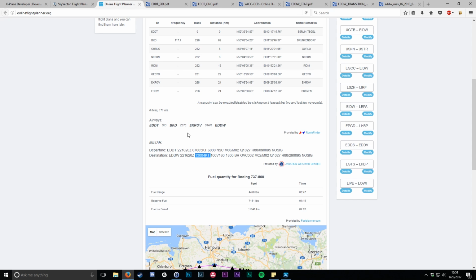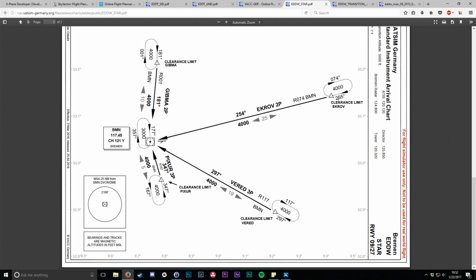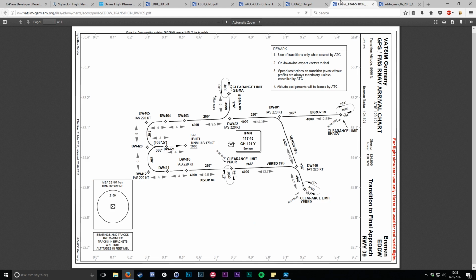Let's just make sure. Yeah, and this is basically the same that our online flying planner did. So yeah, that's pretty cool. So yeah, this is the way you do it manually, and it's also a lot of fun. So anyway, we know we're coming from Akrov, and then that is going to leave us here on Bremen VOR, and after that,